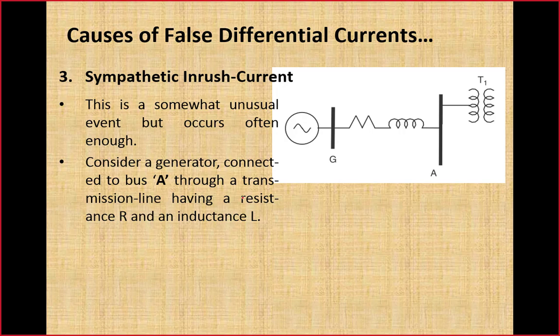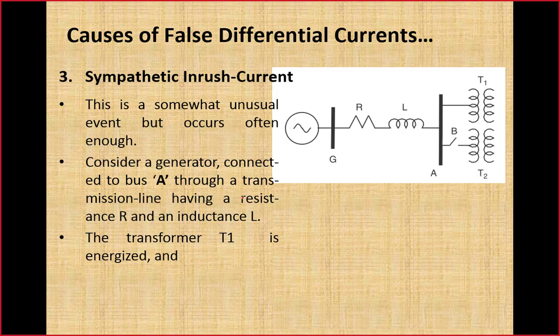Here in this diagram we can see a transformer T1 is connected to a generator through a cable or transmission line which has a resistive part and an inductive part, which is the resistance and inductance of that cable or transmission line. This cable has a resistance equal to R and inductance equal to L. The transformer T1 is energized. Whenever we energize this transformer, no doubt it draws an inrush current and gets stabilized after that, but right now it is in steady state condition.